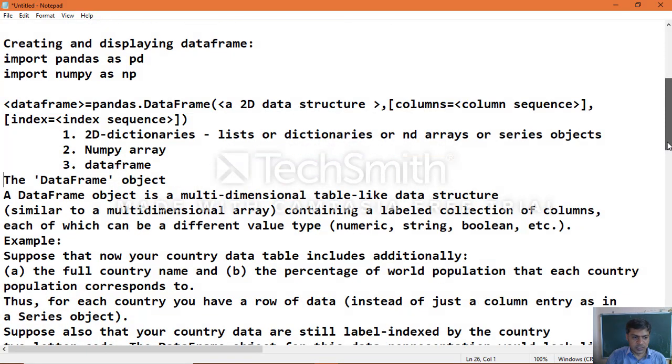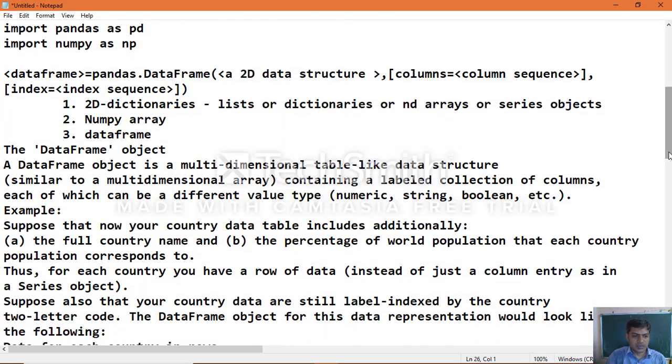Let's take one example to show that. Suppose now your country data table includes additionally things like the full country name and the percentage of world population that each country's population corresponds to.